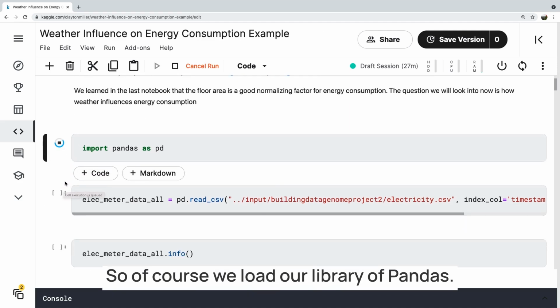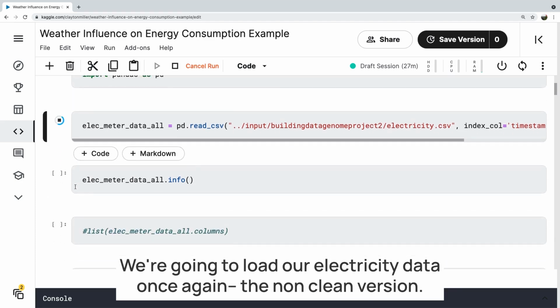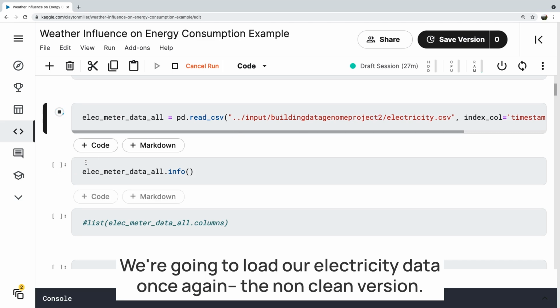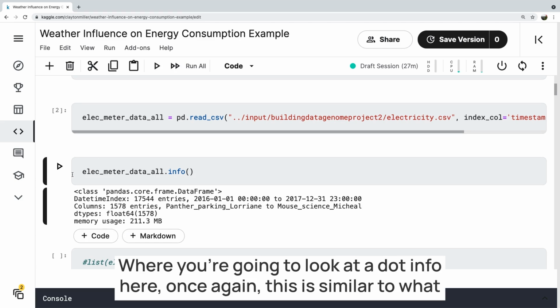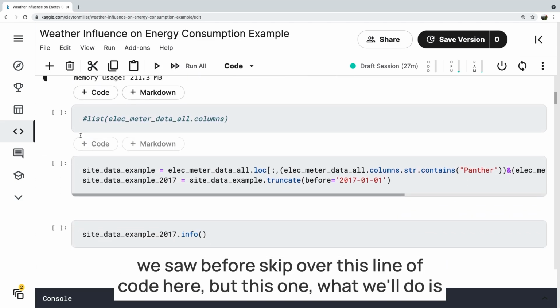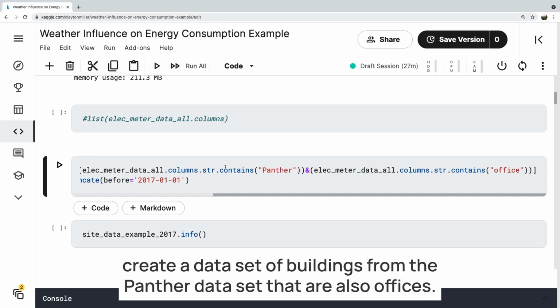So of course we load our library of pandas. We're going to load our electricity data once again, the non-cleaned version. We're going to look at a .info here. Once again, this is similar to what we saw before. Skip over this line of code here. But this one, what we'll do is create a data set of buildings from the Panther data set that are